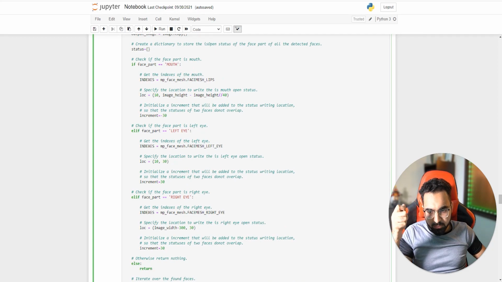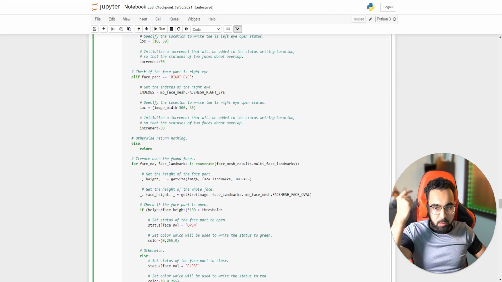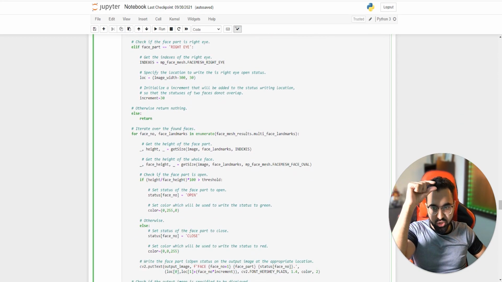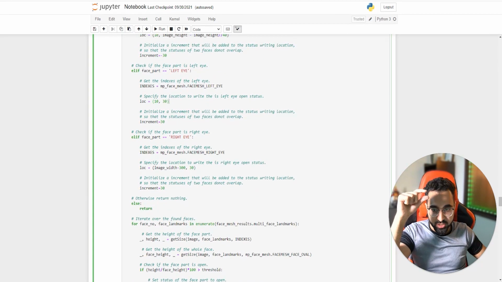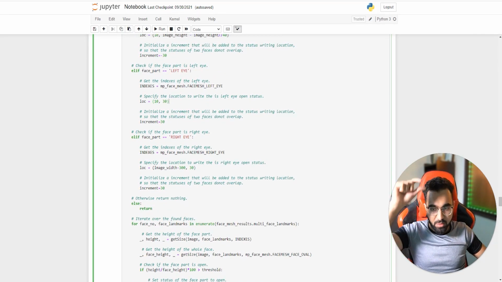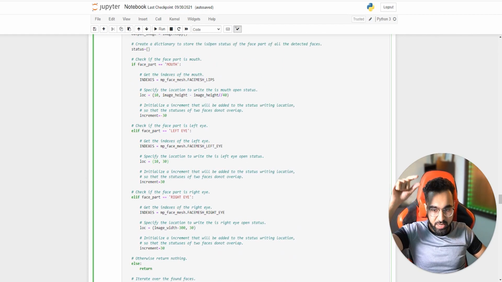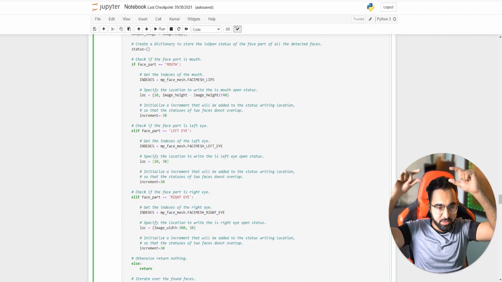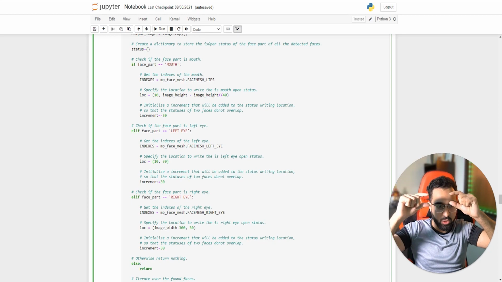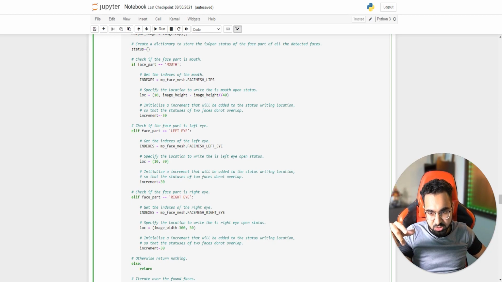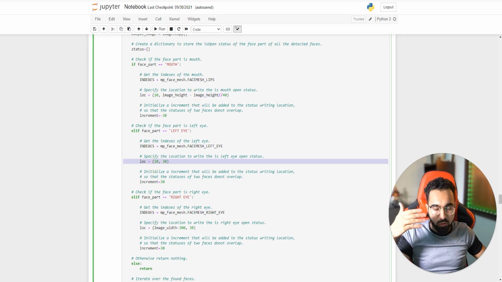And then I'm also going to print out the eye location, eye status and the face status on parts of the image. So if there are multiple eyes and faces present, then I need to put text here, and then I'm going to put another text below that. That is what I'm doing with this lock thing, and this is the location of where I'm going to put the text for the face.